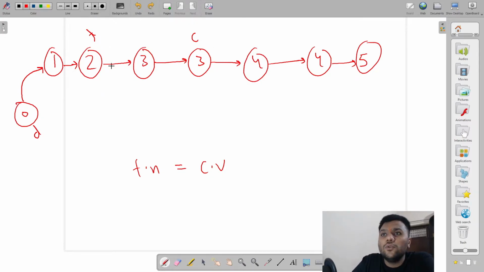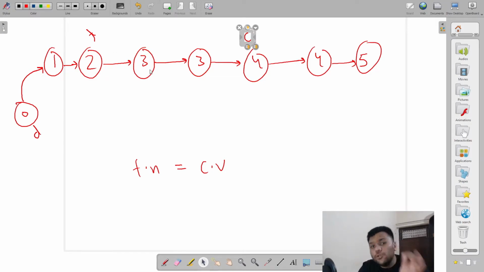Now I will check whether my temp dot next value is similar to my current. It will say yes, it is similar to my current, so it means it's not a unique element. So my current will move over here. Now I check whether my current value is similar to my temp dot next. It will say no, now they are not similar. It is a potentially unique element, not 100% unique, because we are not sure whether it is a unique one or not. So we are just saying it's a potential unique element.